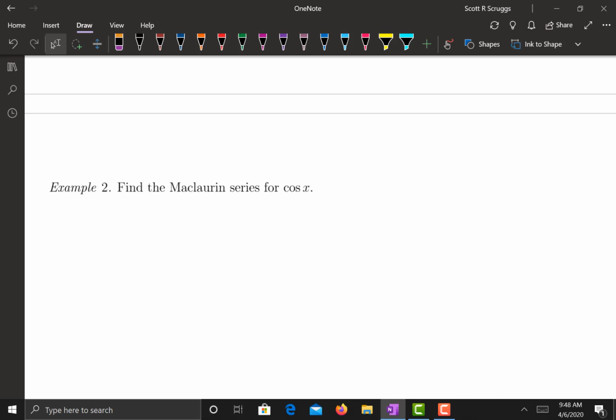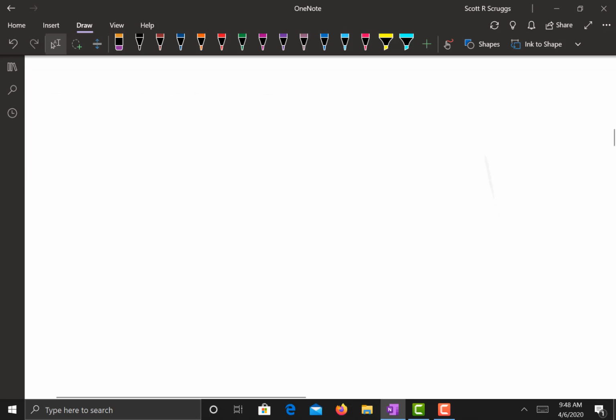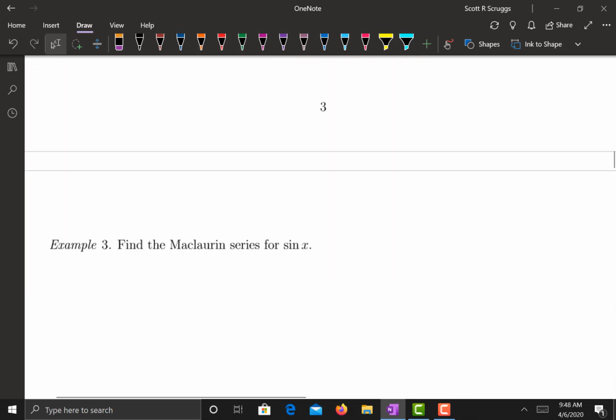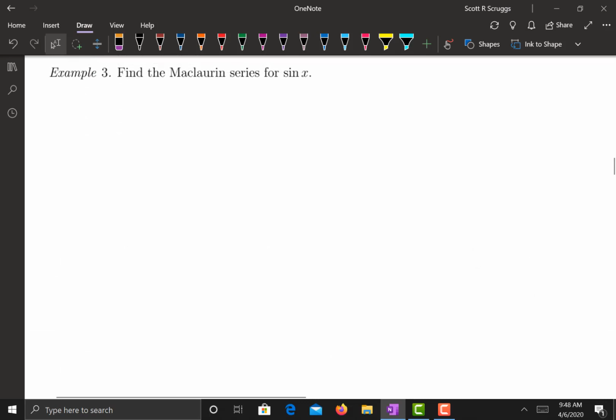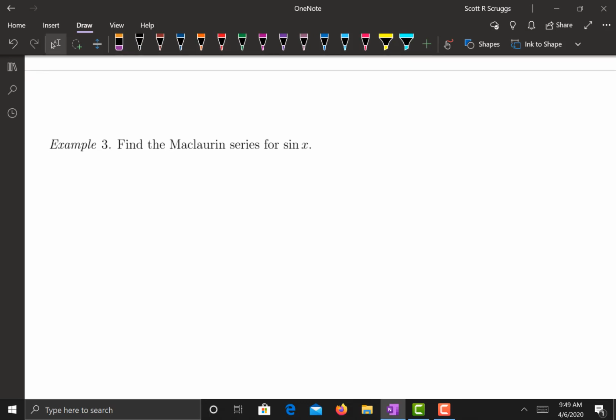Alright, so let's go ahead and get the cosine first, and let's start with sine next. And the reason why I'm going to do cosine later is to recall a property from section 11.2. Well, let's start finding the Maclaurin series for sine. We're going to do the same methodology that we did with example 1,